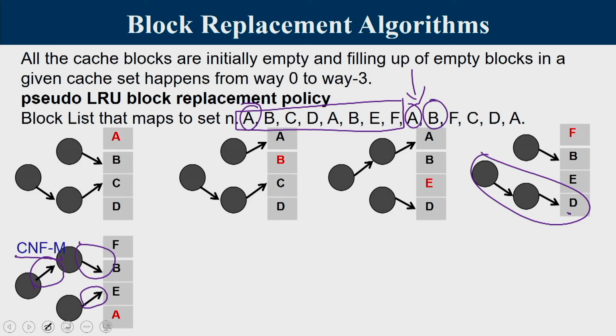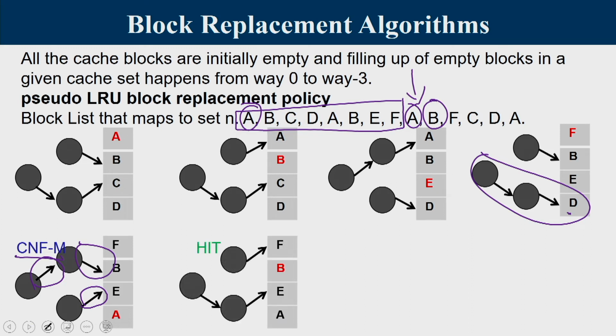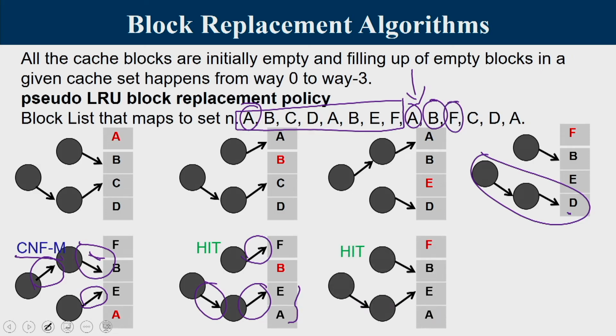Now we are going for B, but B is already there, so it will remain a hit. It is not only counted as a hit, but the pseudo LRU arrow also changes. Initially the arrow was pointing to B, now it gets flipped upwards. Previously the root arrow was pointing upwards, now that also gets flipped because our access to B resulted in making this portion least recently used. So B is a hit. Now we have F, F is also a hit. So once you have F, it is a hit, this portion remains unaffected. The arrow which was initially pointing to F now points to B.